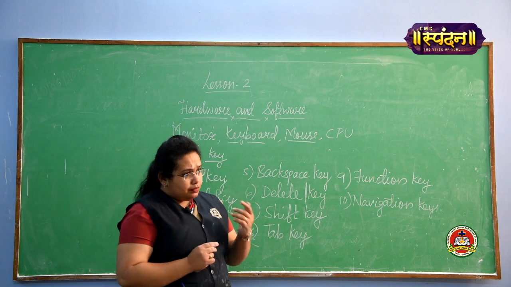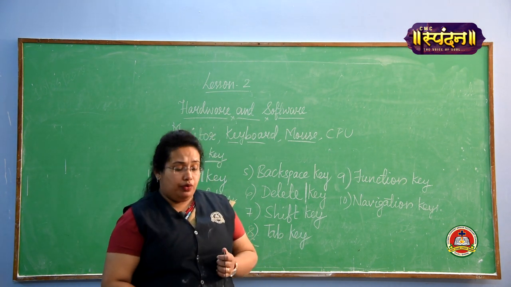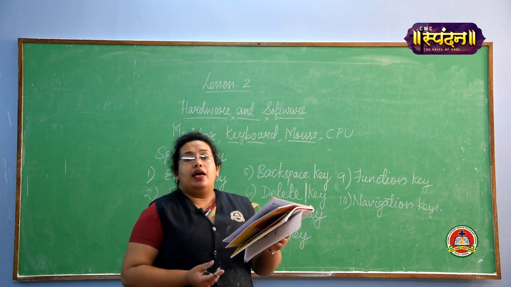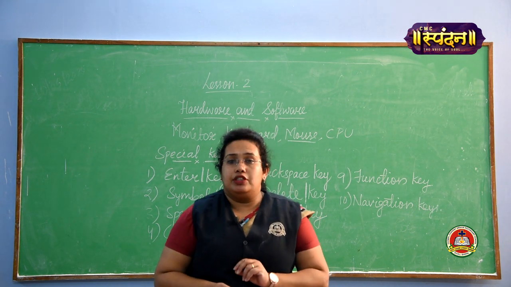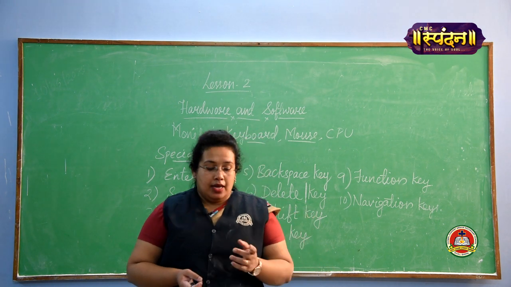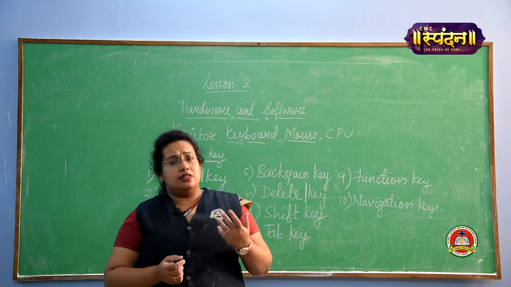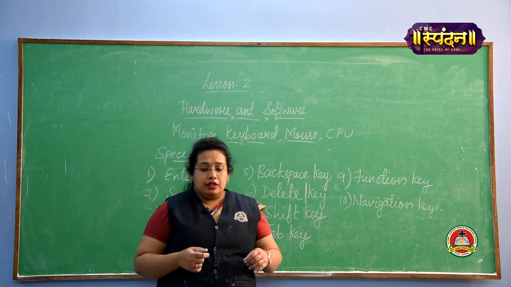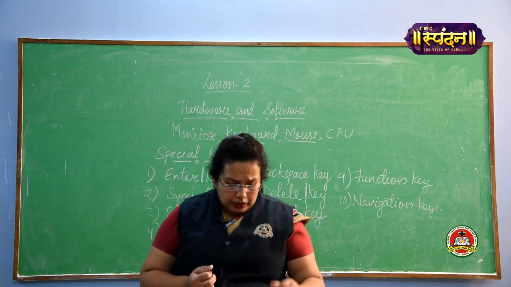Now with the other input devices which we are studying, that is a microphone, trackball, joystick, light pen, web camera and a scanner. All these devices do different types of work. Like the microphone we use to record our voice. Trackball is used to play a game. It is a type of rolling ball. When you are playing a game, then you can use this trackball. Joystick also is used when you are playing any game.